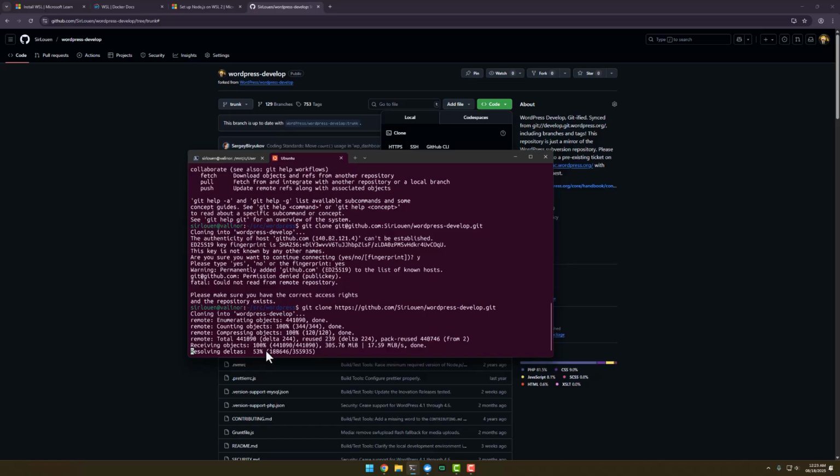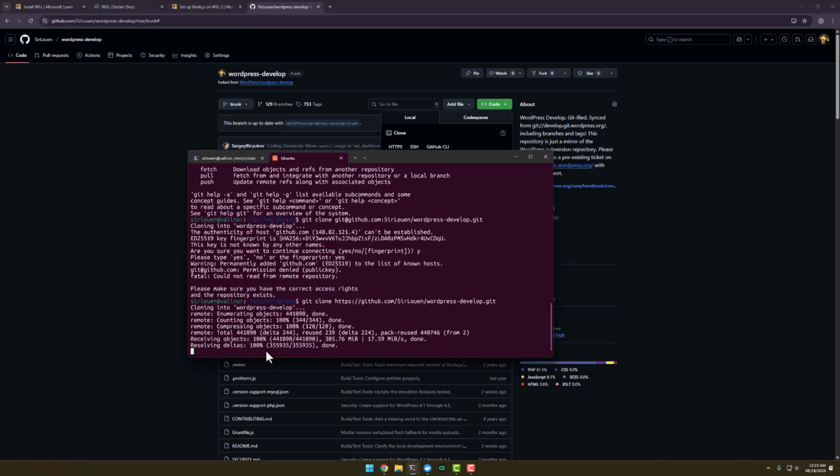But generally, depending on your connection or the time of the day you are doing this, it can take a lot. So ideally, you can select here depth, like this, depth and 1. So it will install only the latest commit, no. So now that you have installed WordPress,